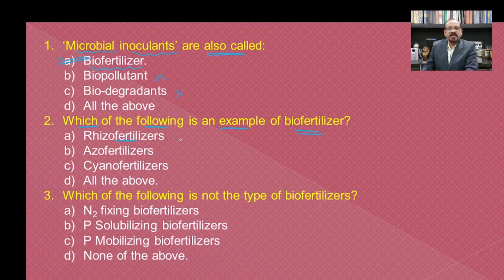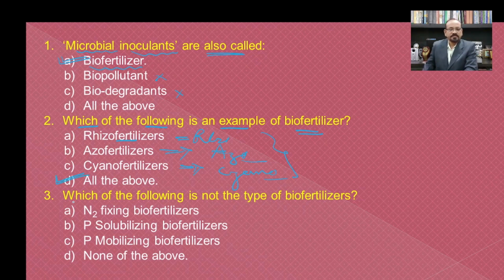The rhizofertilizer, which includes the Rhizobium, Azofertilizer, which include the Azotobacter, and the Cyanobacteria, which includes the different members of the Cyanophyceae or the blue-green algae. It means that all these 3 are used as biofertilizers, and hence all the above become the answer for this